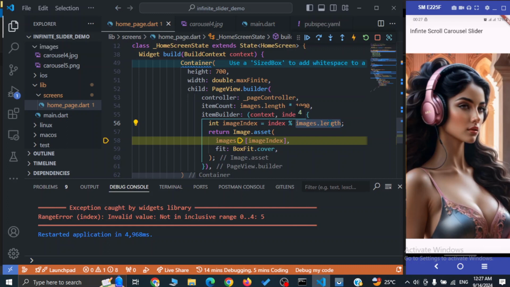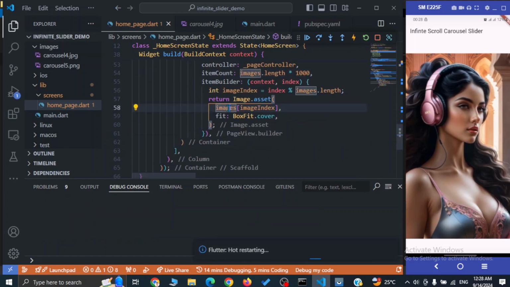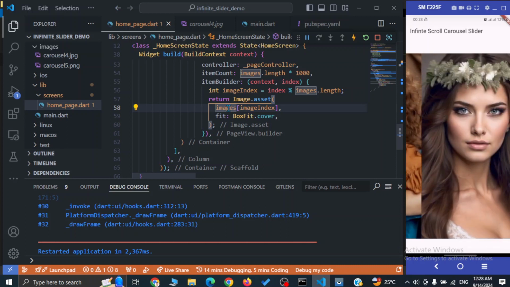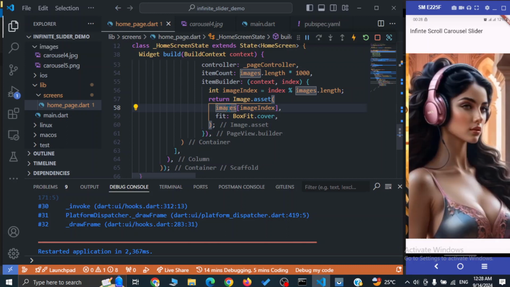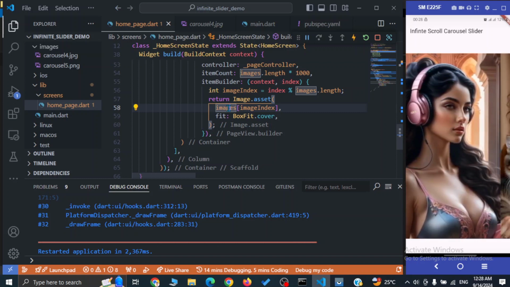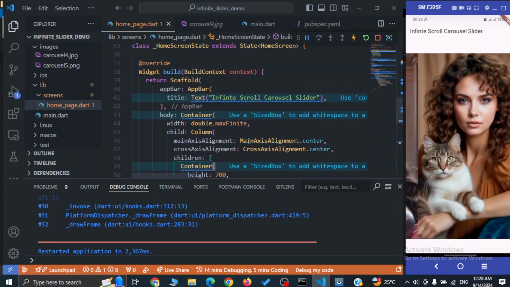Okay, so let me restart this, and I believe it must work now. So as you can see here, it is infinitely scrolling,